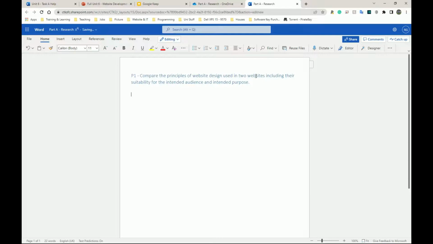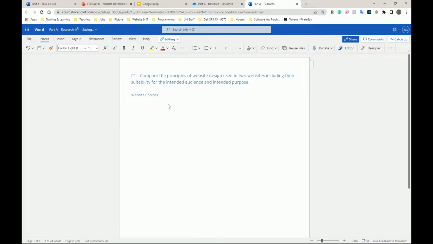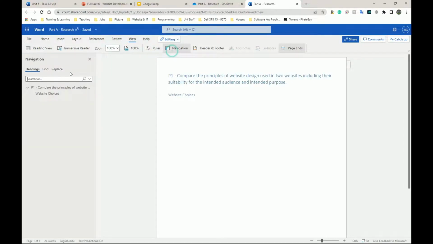On the heading one, I guess the first thing we should probably have is website choice or website choices, two websites, right? I'm going to highlight this again. I'm going to go to styles here, and I'm going to go to heading 2, right? That's what I'm going to do. Now I'm going to go to view, navigation, and as you can see, there's this cascading type thing on the